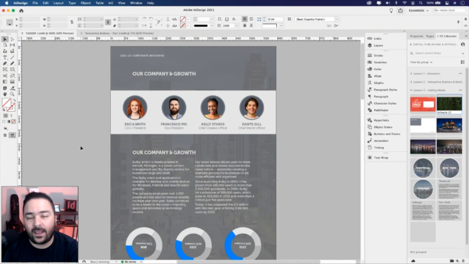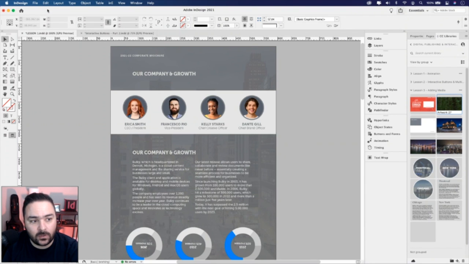One question I'm often asked is, how do I share this project after I've completed it? So all the interactivity, animation, buttons, they're all maintained, they're all intact. There are two primary ways of sharing or exporting the work. The two that we'll be going over are publish online as well as export for EPUB fixed layout.